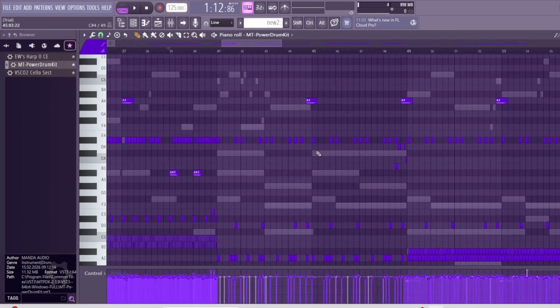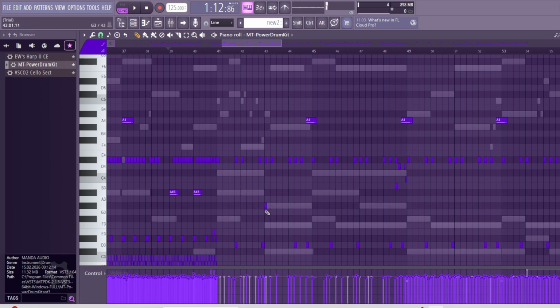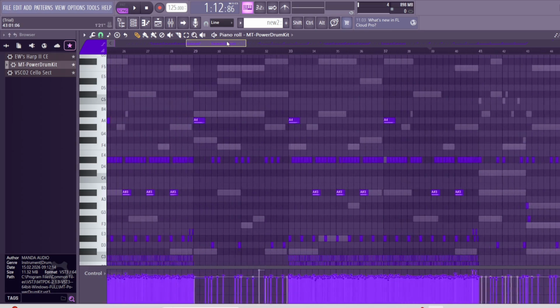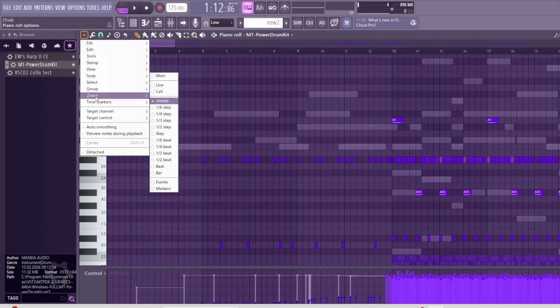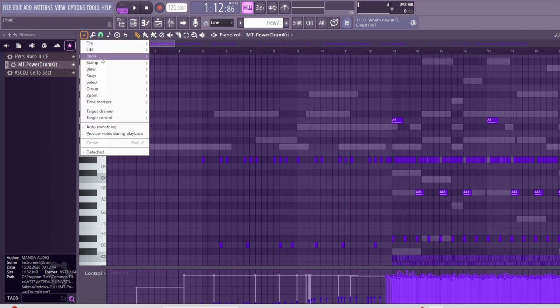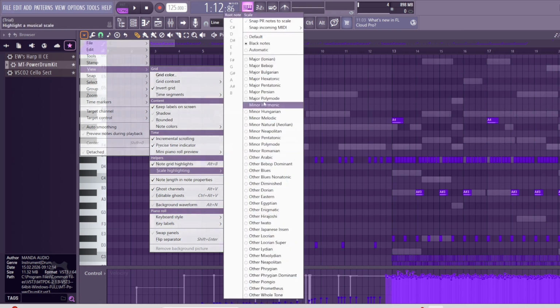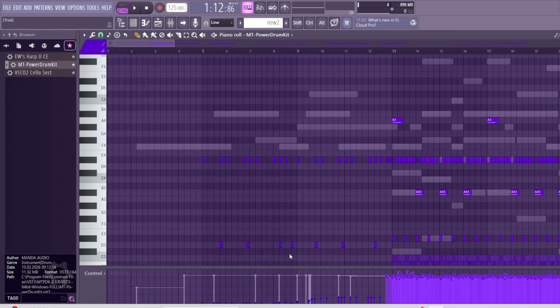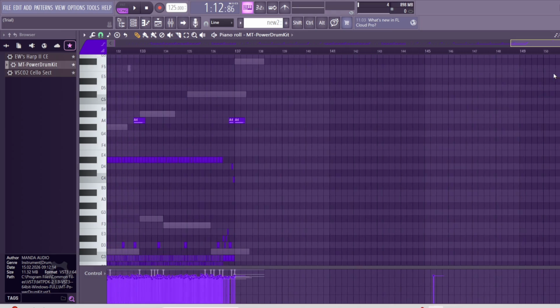And in the next part, I will teach you how to do all those things, like chord progressions, melody, how to come up with a melody, how to use scales. Don't be afraid of all this long list of scales. You have them for a reason here, so you don't have to memorize them.